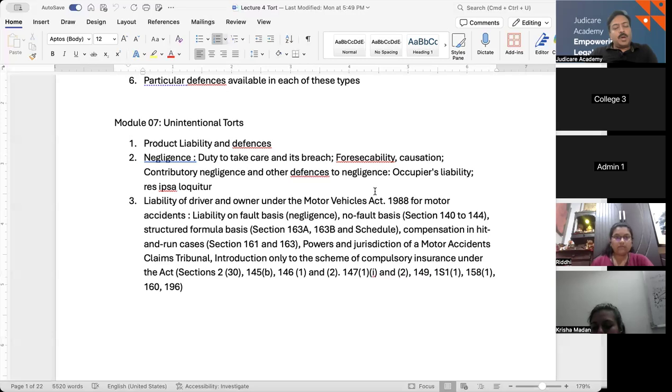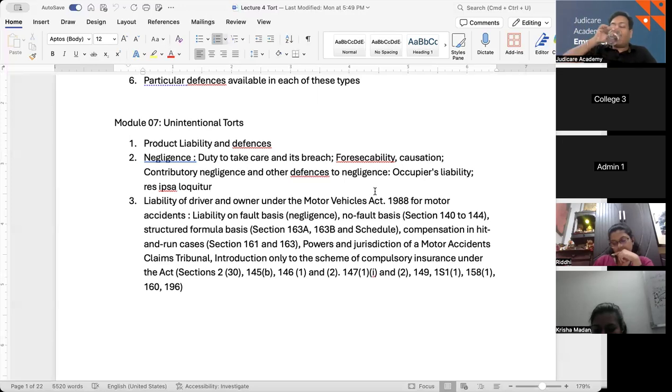Let's talk about occupier's liability. So this principle holds property owners and occupiers legally responsible for injuries sustained by visitors due to dangerous conditions on their premises. For example, a visitor slips and falls on a wet floor in a grocery store. If the store failed to place a warning sign, they may be held liable for neglecting their duty to maintain a safe environment. If you go to the malls or a grocery shop